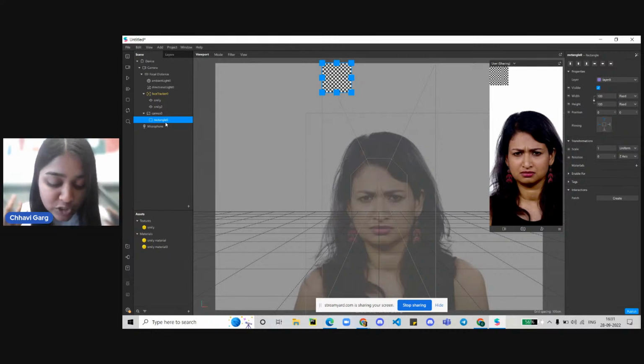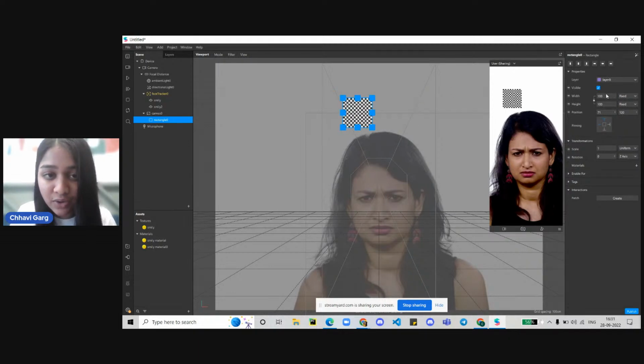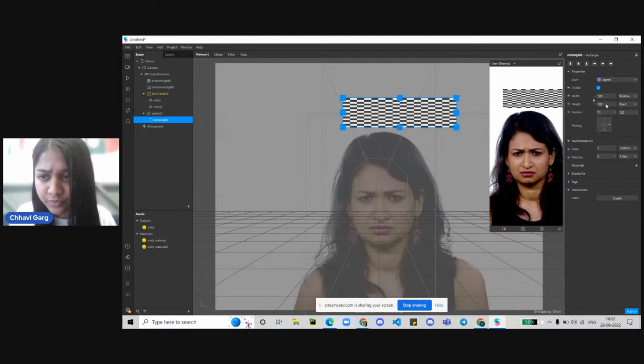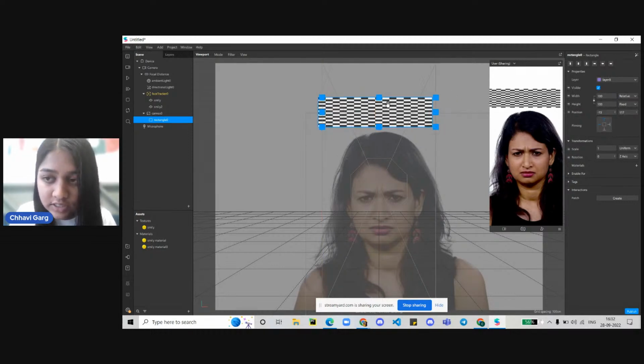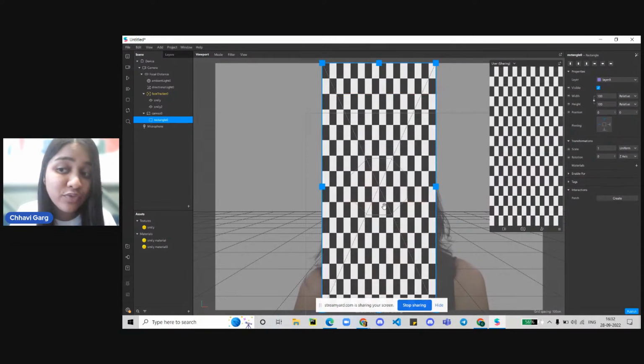So moving on, now you can see that this is coming, right? But this is way too small, right? So what we will do, we'll click on this width, and we can see that there's one option which is fill width. Let's click on this fill width, and okay, I just changed the position, so let me just put it there again. And after that, if you click on this height, you can see that there is one option of fill height. Let's click on this fill height, and you can see the whole screen is now